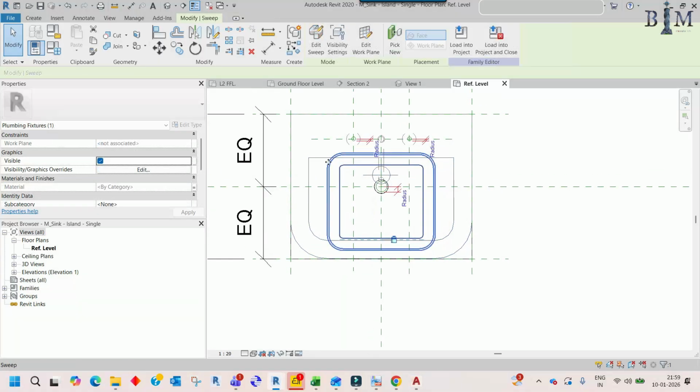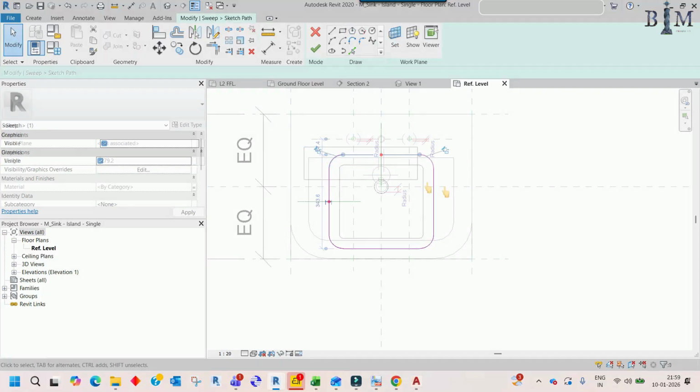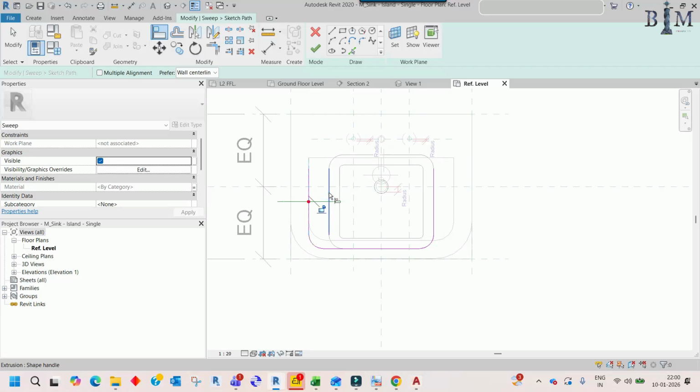So for that you have to do one thing. Edit sweep. Now you can see the sketch path. Now I don't need this angle or radius, so just take the alignment. For that I don't need this element, so delete them, and here align it with this line, and